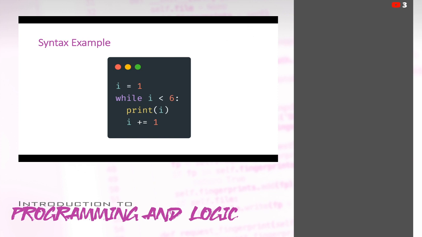We have this variable container, and we've given it the name of i. And right now, inside of that variable container, we've assigned it a value of 1.